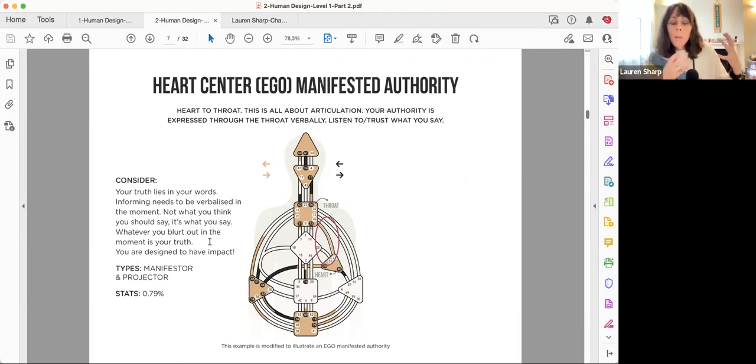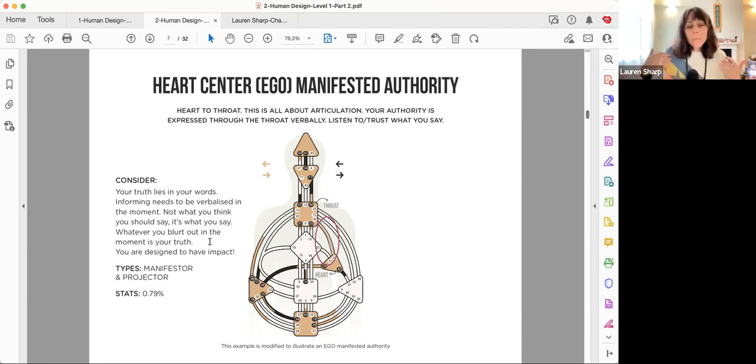So we leave the generator energy behind here, because with generator energy, you can only have sacral and you can only have solar plexus. Those are the only two that generators operate on. And then you're left with manifestor and projector, because reflector is also by itself. So that's just how the authorities tier.